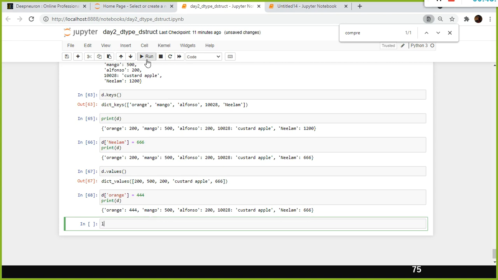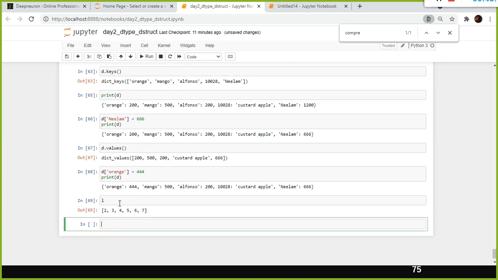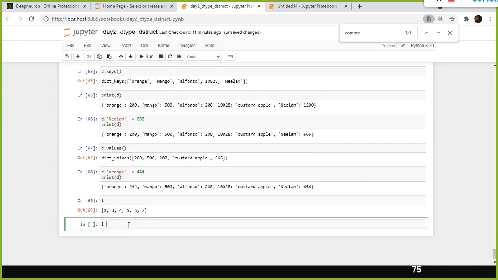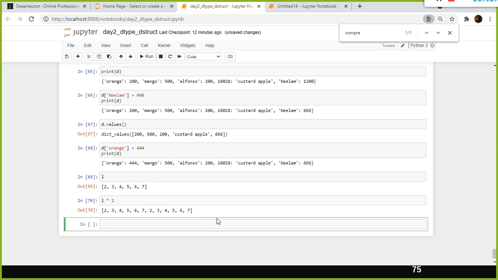For example, let's go back to the list. We already defined the list as L. It has these values 2, 3, 4, 5, 6, 7. Can I multiply a list with a scalar value? The scalar value is a single value. I want to multiply 2 with each and every value in the list. Is it possible? It is not possible. What is happening here is, it is not throwing an error.